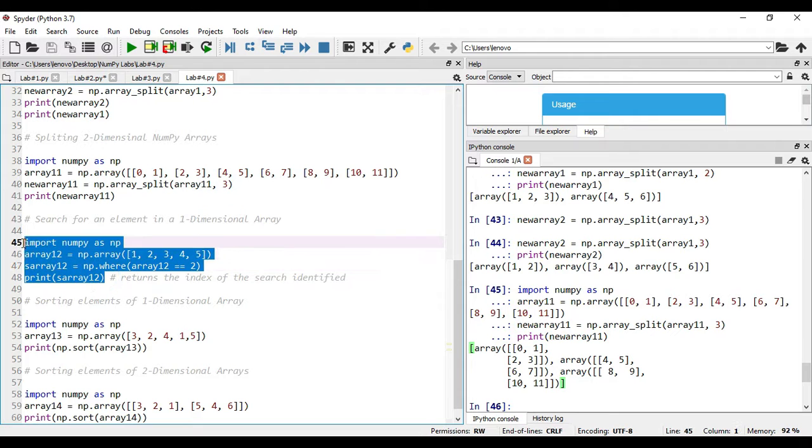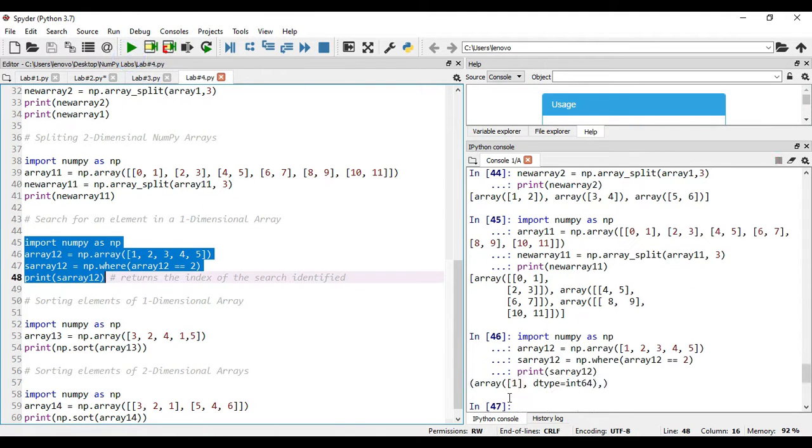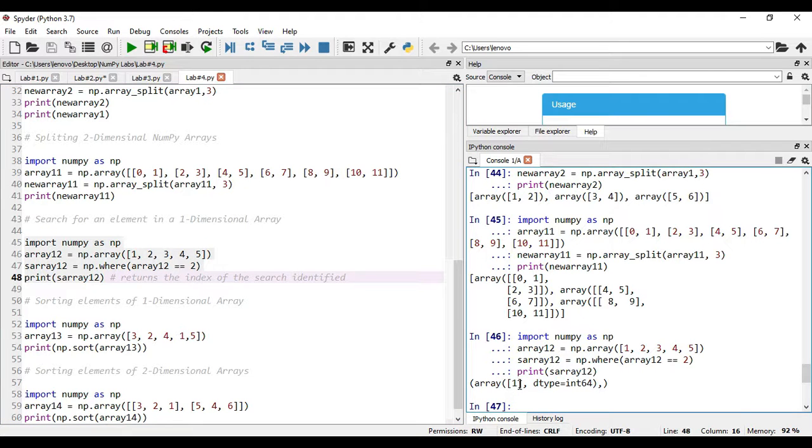Okay, first you try to execute this. Now you see array 1, right? What it means is that at first index the element is available. Sometimes you can understand it like this, or otherwise we can say that the search is successful, right?